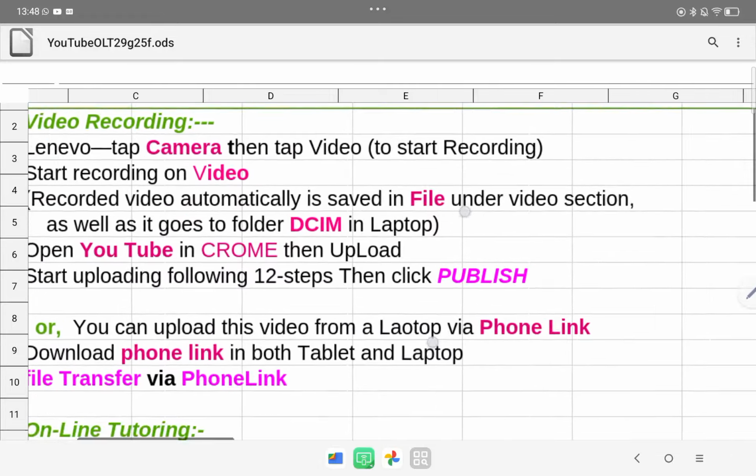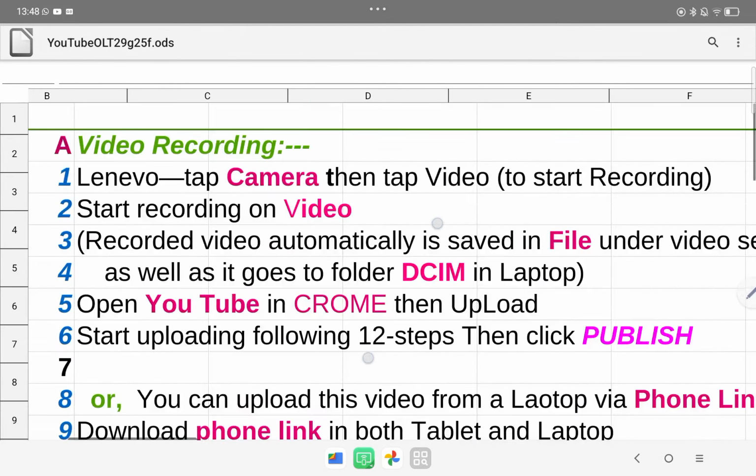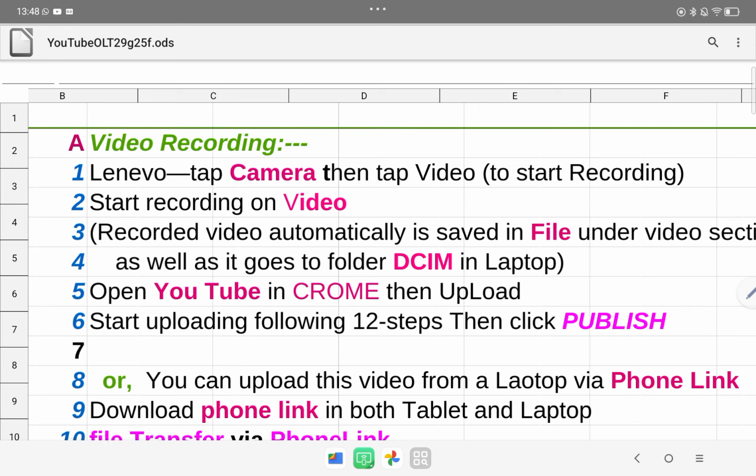Anyway, to go through everything like this, for the time being, for video recording, I have a Lenovo, but you can have any tab. Go through, open your camera, and tap your video. It will start recording. Whatever you're doing, you can use your pen, paper, or whiteboard, anything. Then, when you finish your recording,